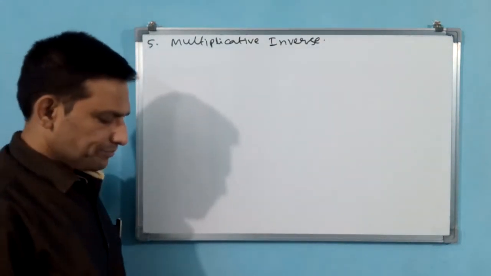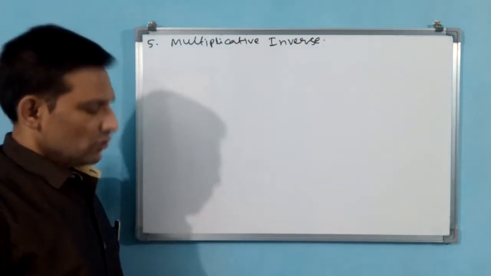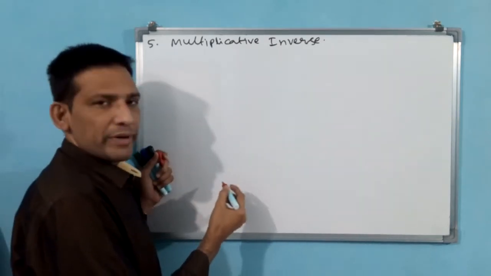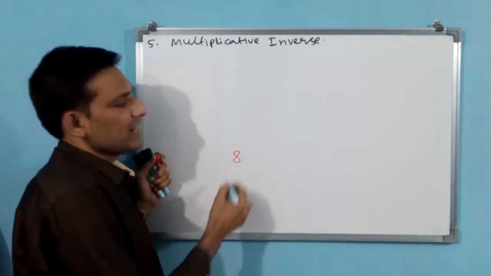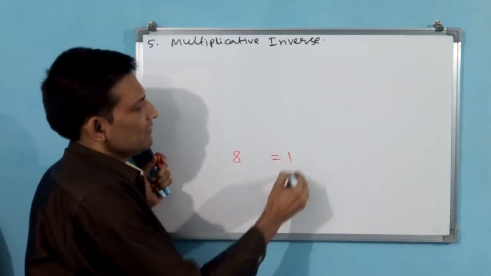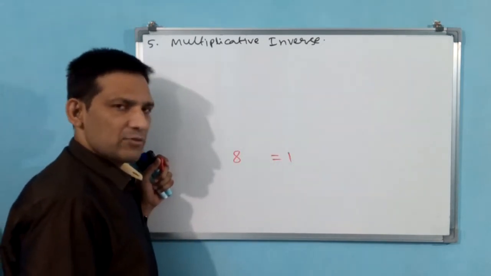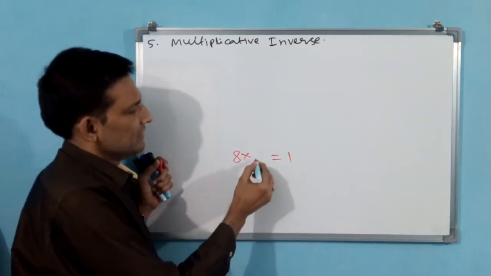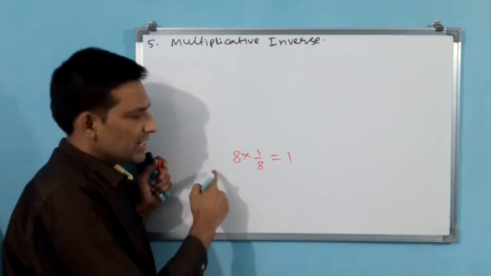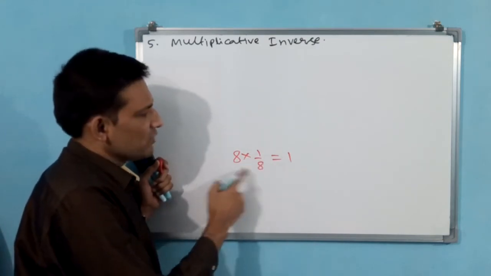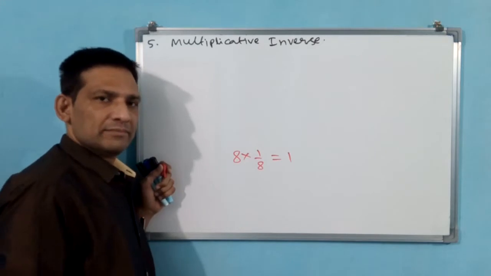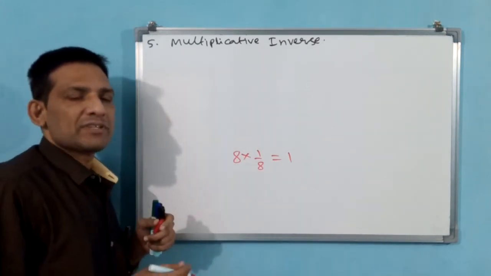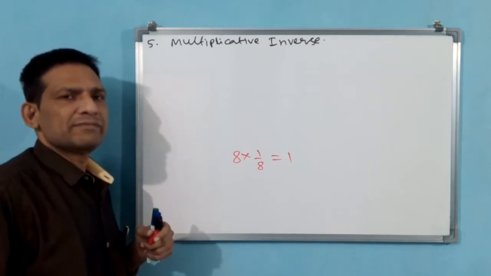Here also, see the multiplicative inverse for a real number. How are we going to write it? See how I am writing. 8 is there like earlier. 1 has to come, the multiplicative identity has to come after multiplication. What number are you going to take? 1 by 8 only. 8 into 1 by 8 is equal to 1; the 8 gets cancelled and 1 comes. You know, na? That means how to write this multiplicative inverse in complex number form?